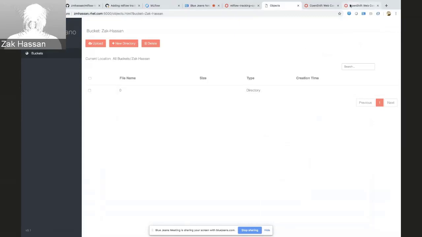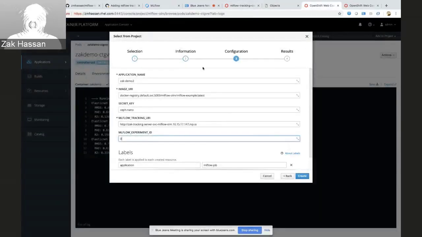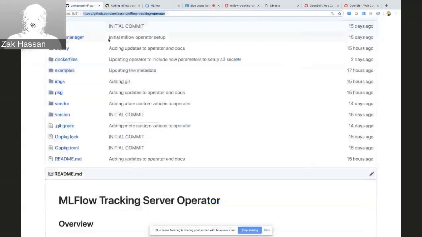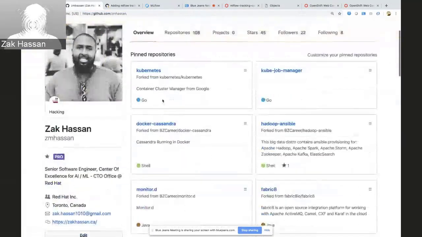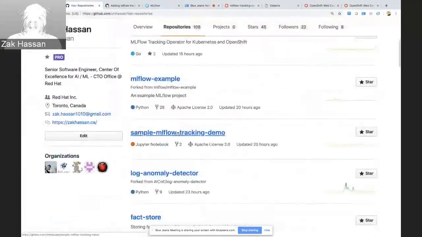Okay. So what I'm gonna do is run this code here, which is the standard example that's on the MLFlow website. But I'll just point you to where the code lives, which is here.